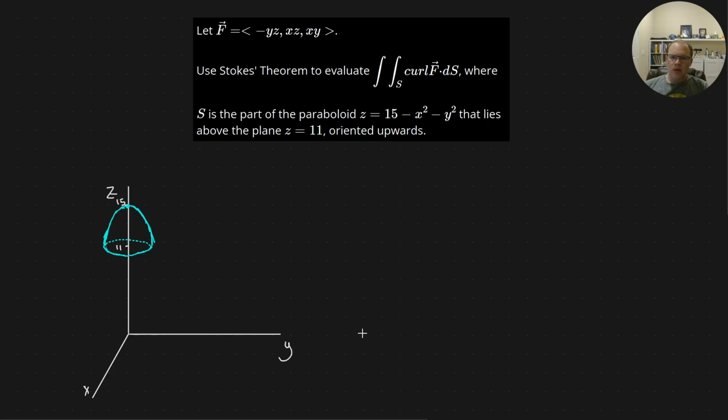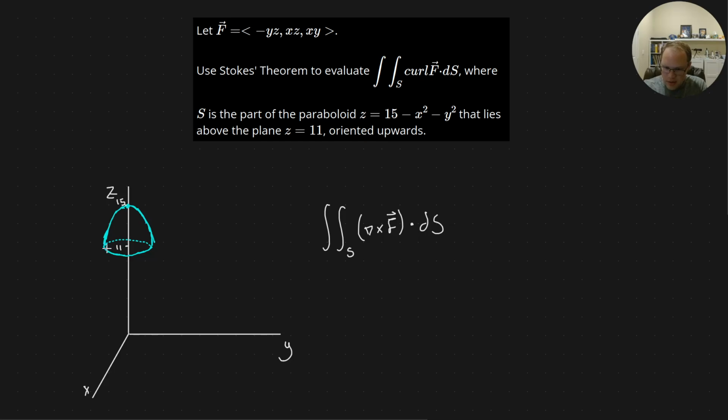Okay? All right, and we want the flux of our vector field through this surface where we're going to orient the surface upward. So surface normals would be going upward. Okay? Now, we could calculate that directly, or at least we could try to. We know how to do surface integrals. We know how to take the curl of a vector field. Okay? But instead, we notice